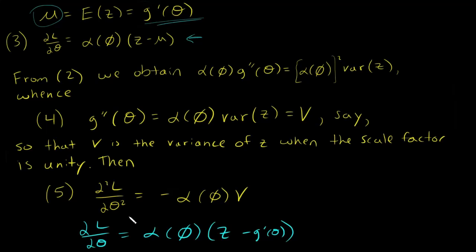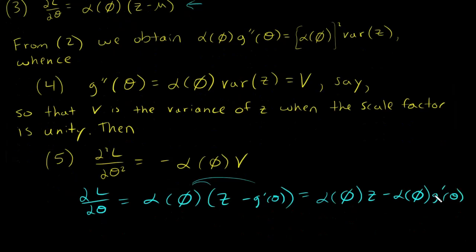All right, so now when I'm finding the second derivative, I'll remember that that is a function of theta. Okay, so let's go ahead and distribute this, and I get alpha of phi times z minus alpha of phi times the first derivative of g of theta. Okay, so then the second derivative